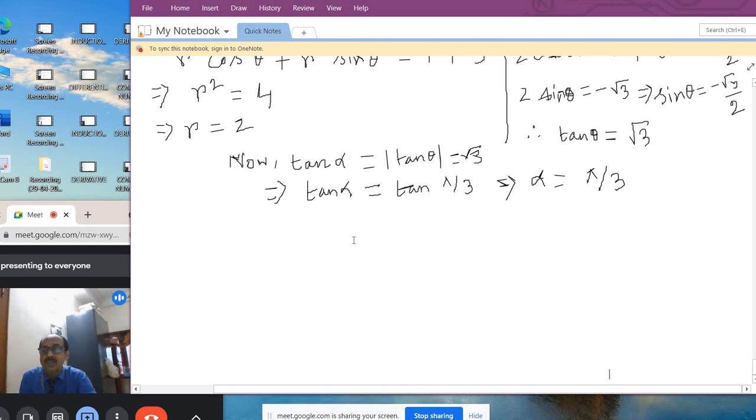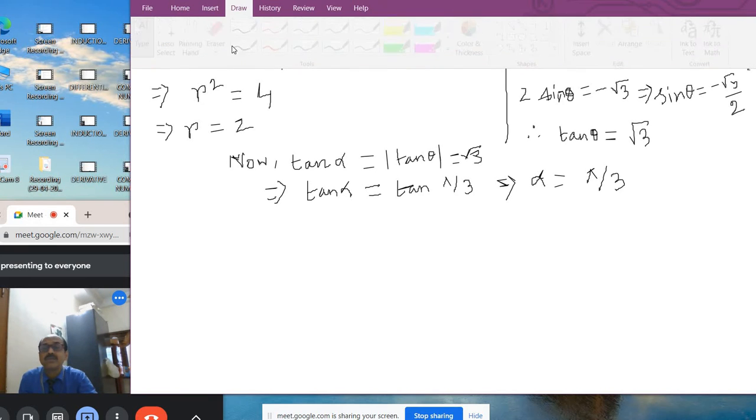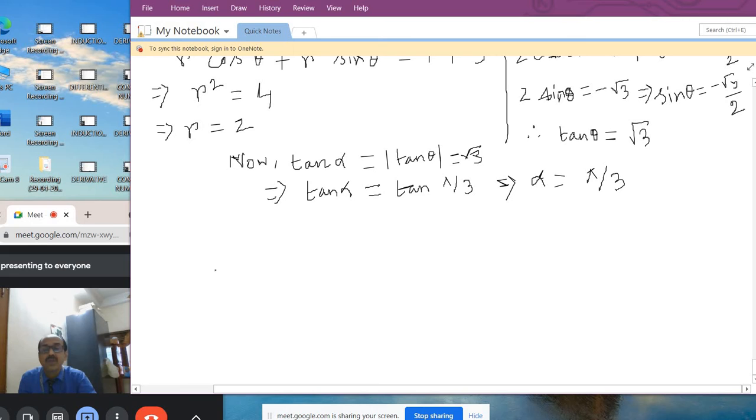Sin theta and cos theta both are negative, so theta lies in the third quadrant. Since theta lies in the third quadrant,